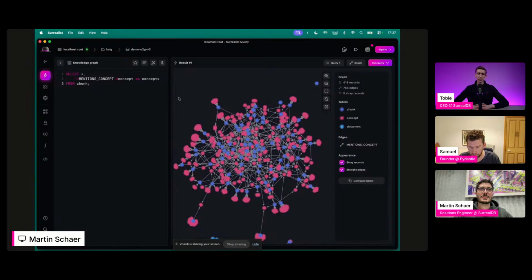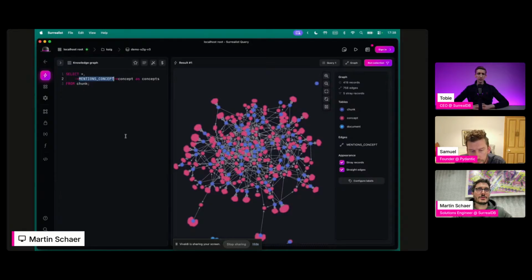Depending on the use case, of course, your graph may have completely different edges. Here, this is a very, very simple one, where my only edge is mentions concept. So I'm only putting together concepts with chunks. But you can have very complex use cases where you actually want to infer relationships. It means you don't have a finite number of relationships, but your LLM is going to analyze PDFs, for example, and infer relationships that it will find in your data. So again, don't follow this as a golden rule for creating knowledge graphs.